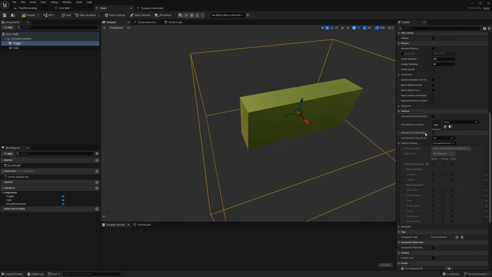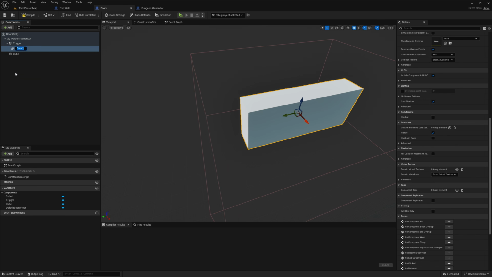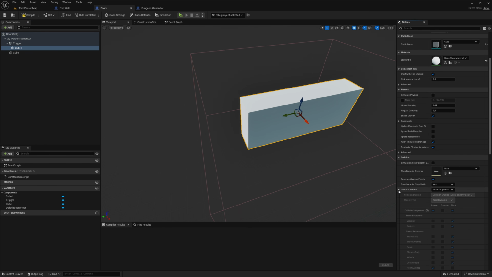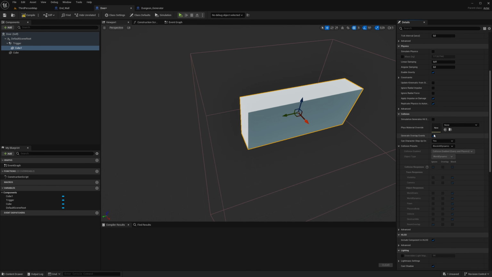Go down to collision here, and these are all the settings, guys. Whenever you make, see, if I create a cube here, a mesh, then it just comes with some random collision settings here, and every time you add a mesh into an actor, you need to make sure all this is set up correctly, so it doesn't check for overlap on everything in your scene, and doesn't block things it doesn't need to block.